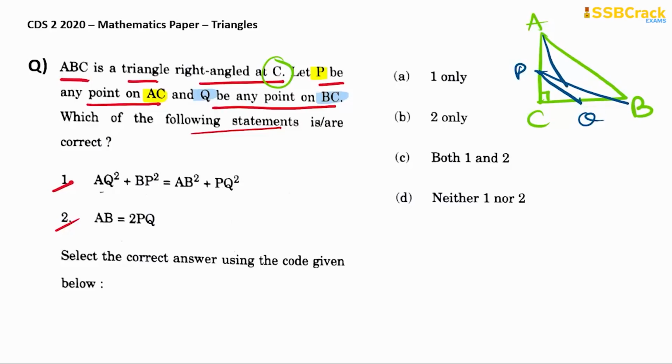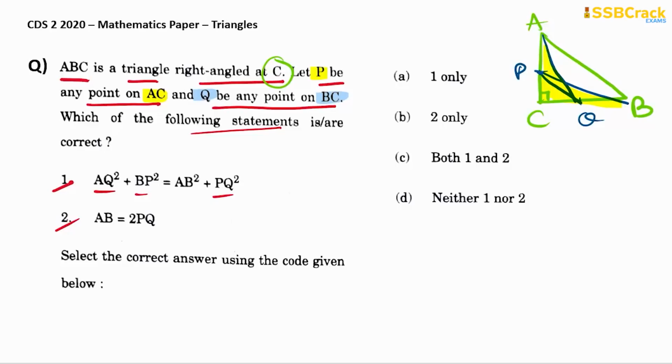So you could see that if we connect this PQ, we can connect this PB, we can connect this AQ. So we have multiple right triangles now, right? Because of all the connections we have done, the AQ connection, PQ connection, BP connection, all right. So we will just try to apply the Pythagoras theorem and try to conclude whether one of the statements is correct or not. So we have simply the right triangles. First of all, for PQ we require this shorter triangle. For PB then we require this triangle, and for AQ we require this bigger triangle, right?